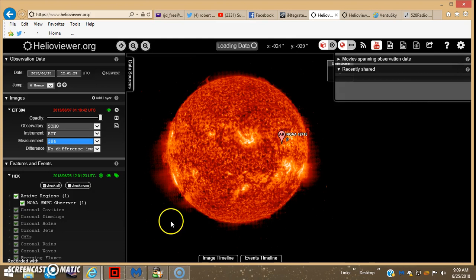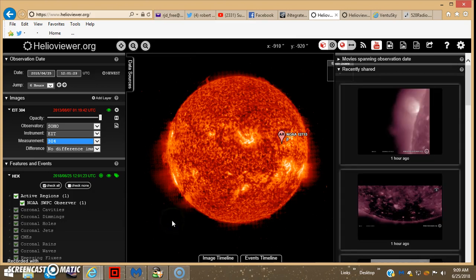I pulled up Helio Viewer, and if you watched any of my last two vids or my vid on 4.6, which first identified this magnetic resonance imaging pattern that first appeared around the sun, it's still showing on certain wavelengths. This is on the SOHO satellite at the 304 wavelength. And each wavelength measures different elements, I believe. I'm not sure exactly, but anyway, it doesn't show on all of them. It shows on the 304